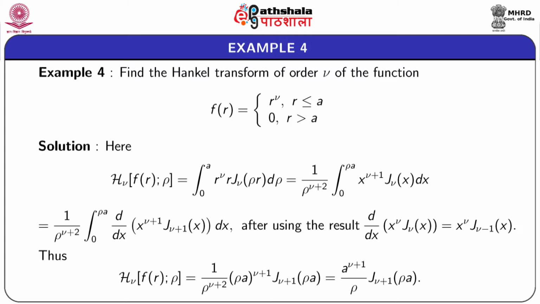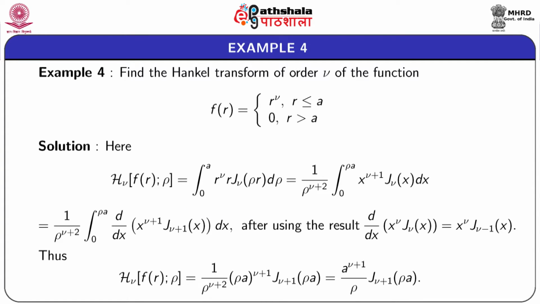So, we write the Hankel transform of order nu of the function f(r) as integral from 0 to a of r to the power nu r J nu rho r dr, which is equal to 1 by rho to the power nu plus 2 integral from 0 to rho a of x to the power nu plus 1 J nu x dx,